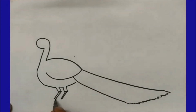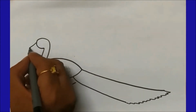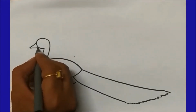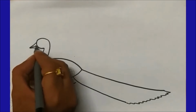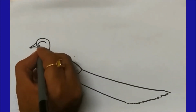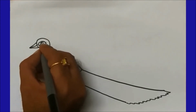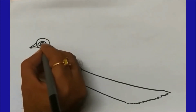That is the legs. One curve, two curve, three curve, one curve, two curve, three curve. These are the legs. One slanting line, one slanting line, one slanting line, one curve, another curve just like a leaf, one curve, one circle,